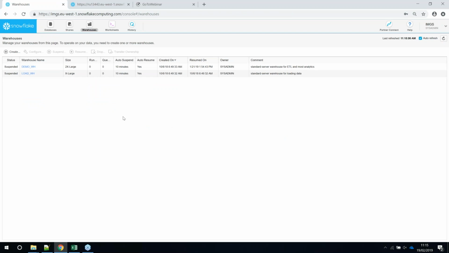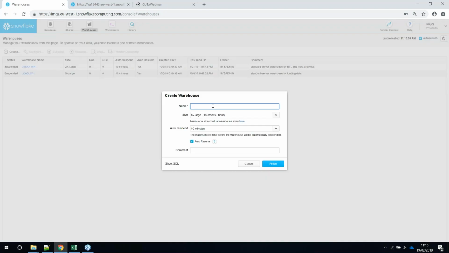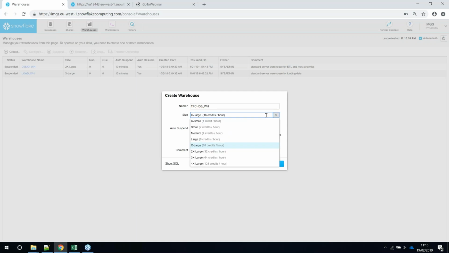So what I'm doing here is I went to the warehouses and created a virtual warehouse called TPCHDB_warehouse. Now the computing power comes in t-shirt sizes, as we call it, from extra small to 4x large. These are the computing nodes that you are assigning to your virtual warehouse or the computing cluster. So let's start with the